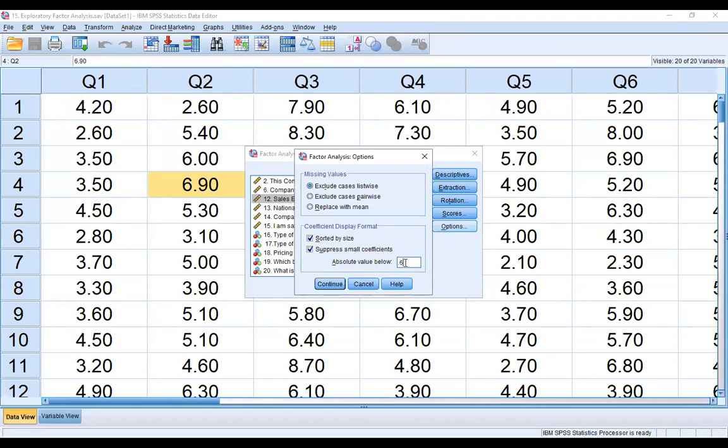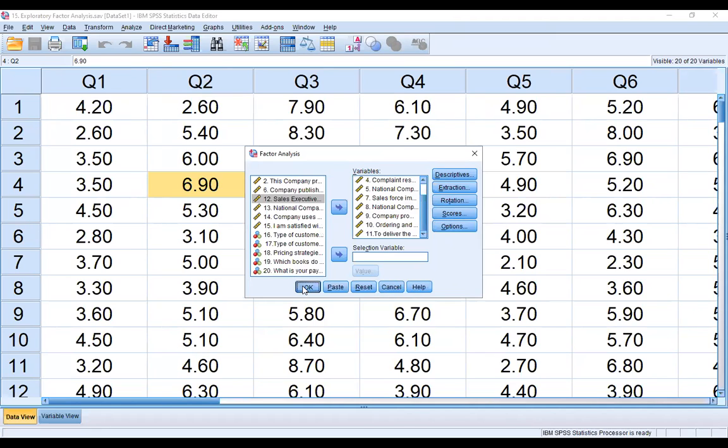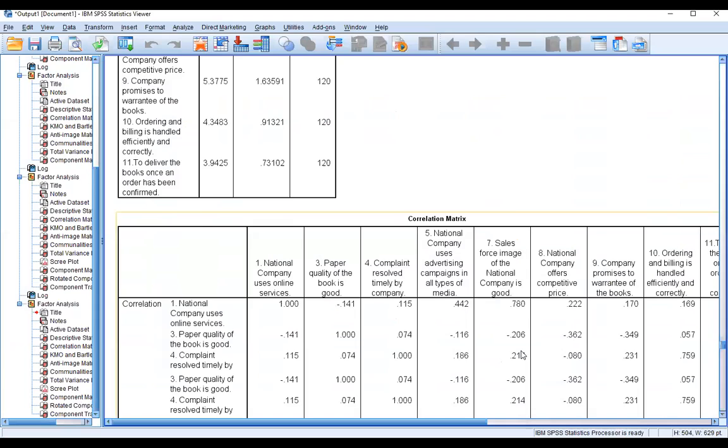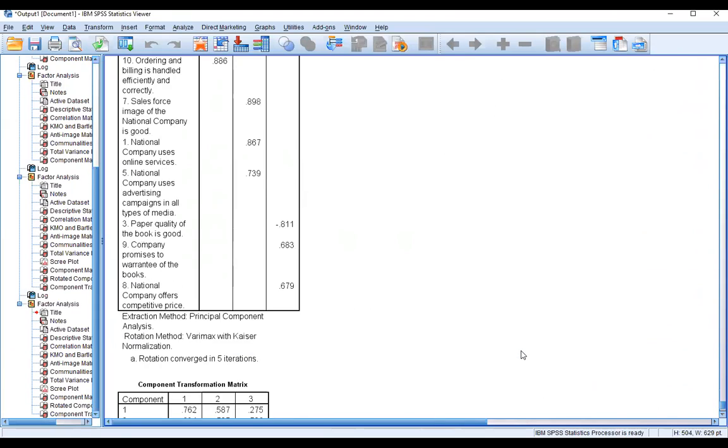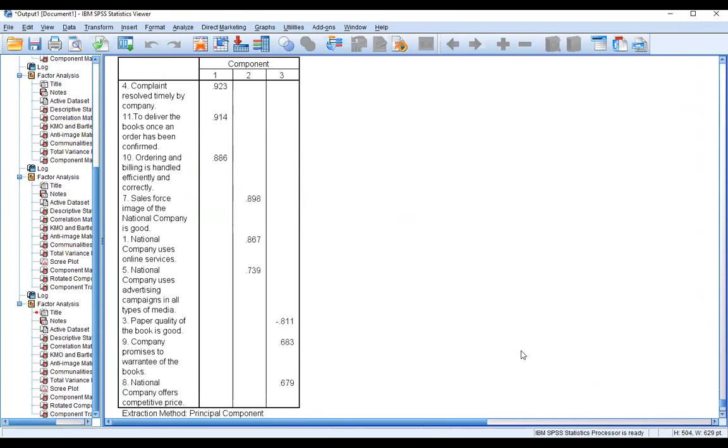तो ये हमने डिसाइड कर लिया, it's the researcher's choice, मैंने डिसाइड कर लिया कि 0.6 से कम की फैक्टर लोडिंग हम नहीं लेंगे। ठीक है, अब मेरे पास देखिए आउटपुट आ गया, मैं इसको इंटरप्रेट कर दूं। ये आ गया। सो यहाँ ये जो है, देखिए इस तरीके से आ गया 0.92, 0.914, 0.9886 ये आ गया। ठीक है, अगर आप इतना कर लेंगे आप एक रिसर्च पेपर छपवा सकते हैं इतना ही करने से।